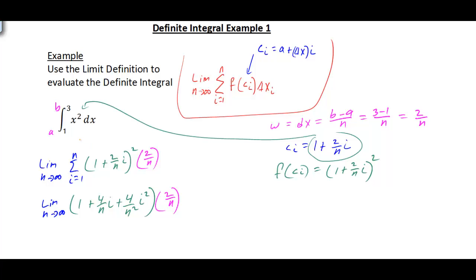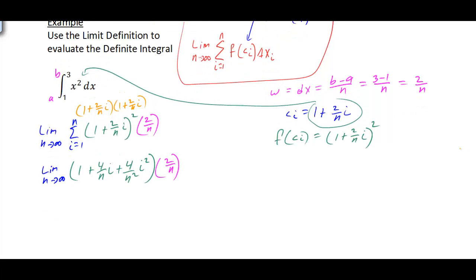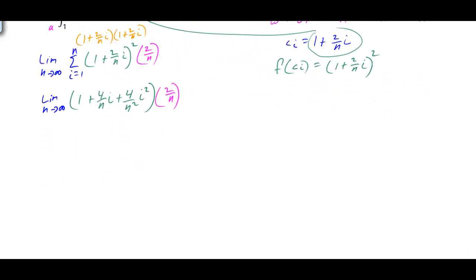I want to make sure everybody sees this. We're taking 1 plus 2 over n i, and we're going to multiply that times 1 plus 2 over n i. So most of you recall the FOIL method. We're going to multiply that out. So you can't just simply square each term to get the answer. All right, next we're going to distribute